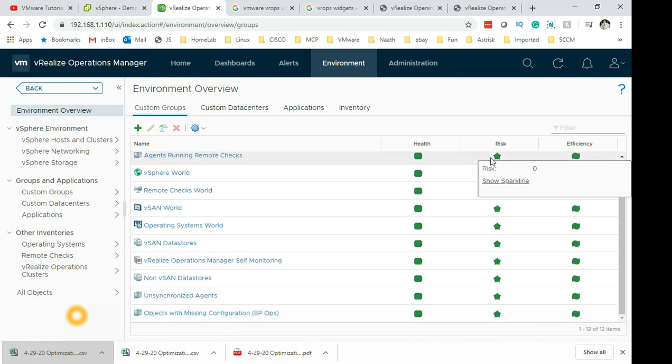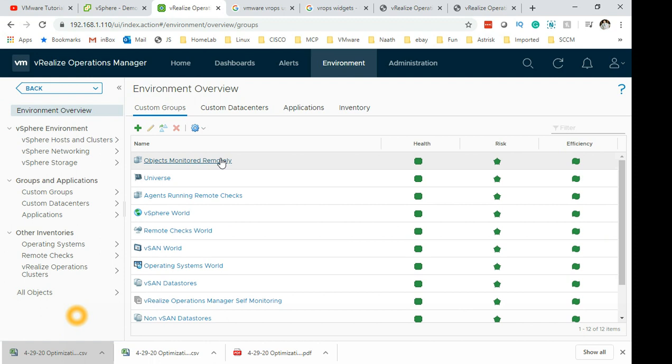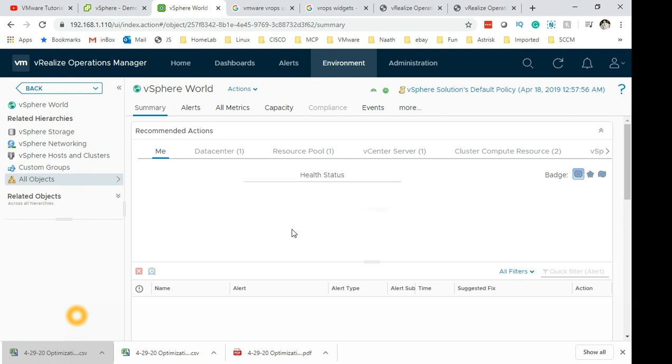Speak of the devils, the badges are hidden here. So you can see the object monitored remotely, universe, vSphere World, which is basically the entire vCenter environment. In vROps, it calls it vSphere World. So if I click on vSphere World, you can see health is green. So these are the badges: health, risk, and efficiency. So if we go and click on the world,